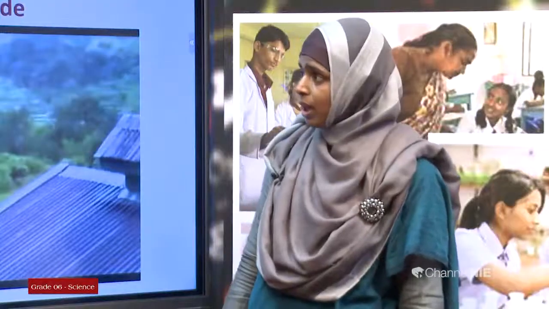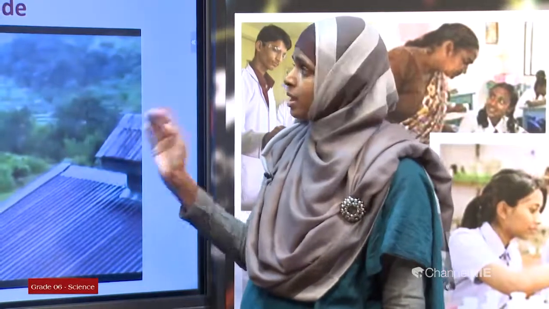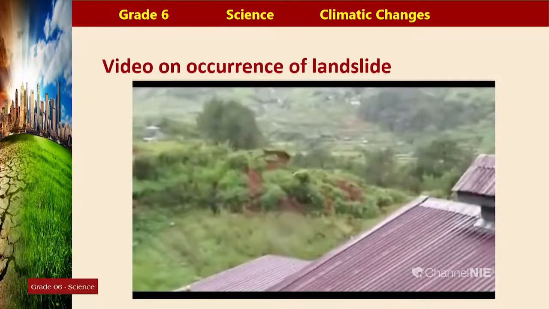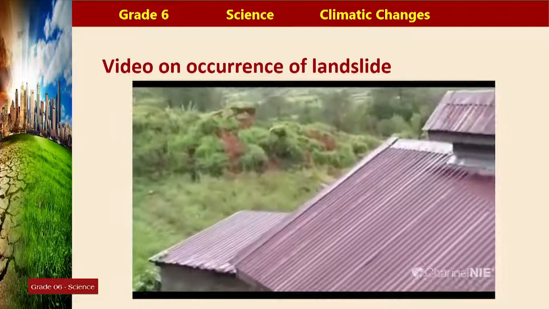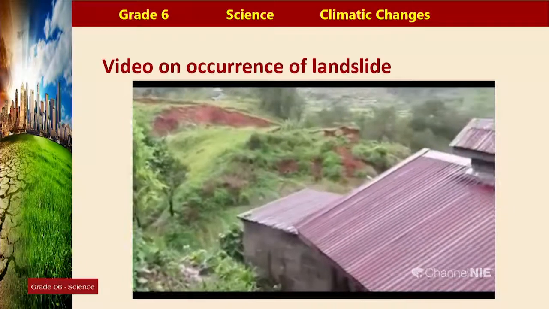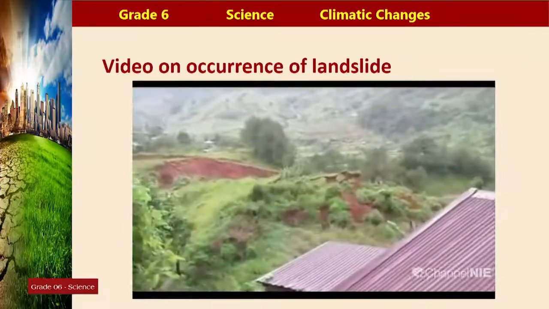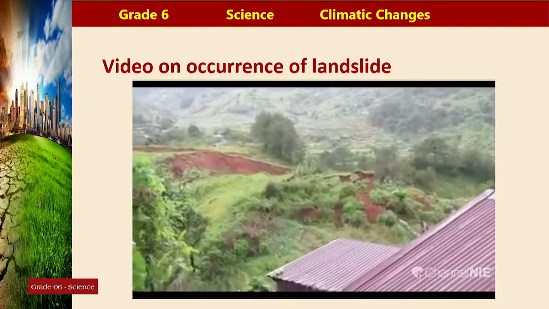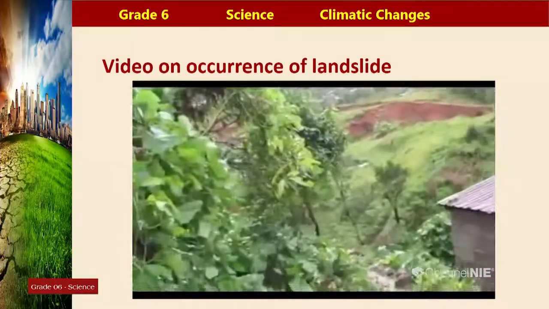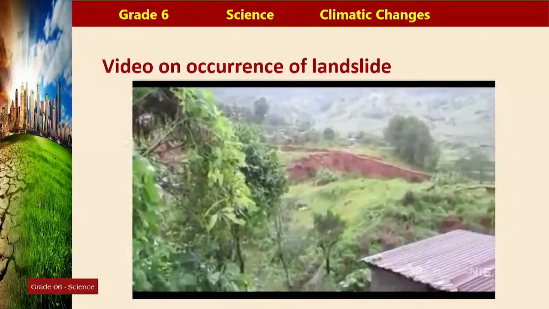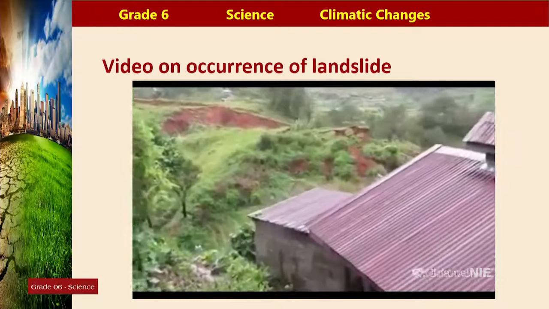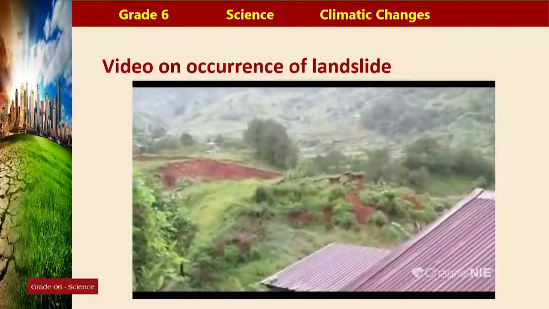Okay children, let us look at a video on the occurrence of a landslide. How a landslide would occur. You can see in the video, the whole mountainous area gets separated from the other area and drops down. It moves down, separated. It is going to cover the houses, right, all the mountains, soil, rock, with all the construction and plants moving down whenever a landslide occurs. You can observe this. It happens slowly whenever there is excessive rainfall.